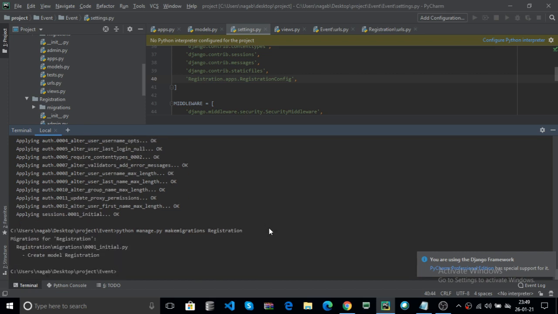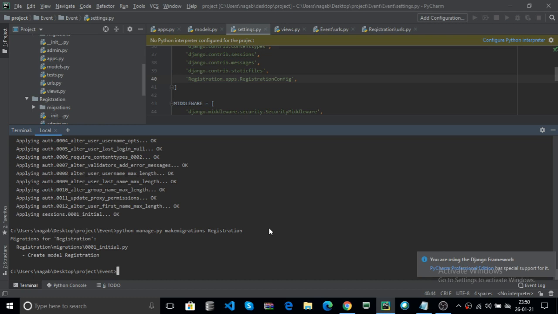Now what does makemigrations do? It tells Django that you have made some changes. Before, we had not created the model, and after, we create some model. That means some changes happened in your model. Migrations are how Django stores the changes to your model. That is important.